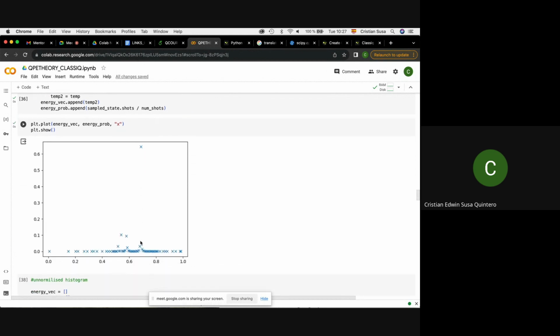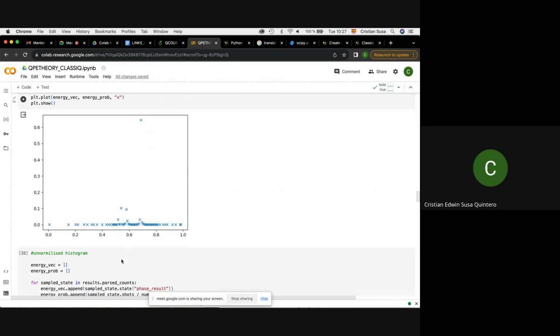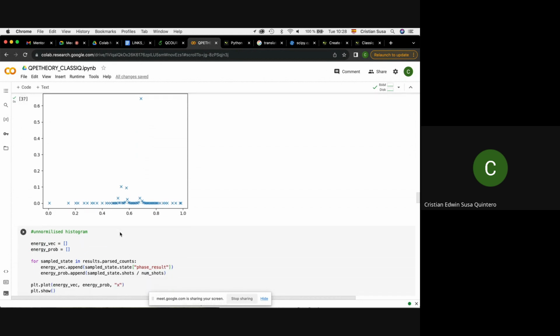Just to mention something about the values of the horizontal axis: the negative values appear because the example normalizes the data just to show the exact value of the eigenvalues of the given matrix. So if we don't normalize the data after the QP algorithm, we can recover just the